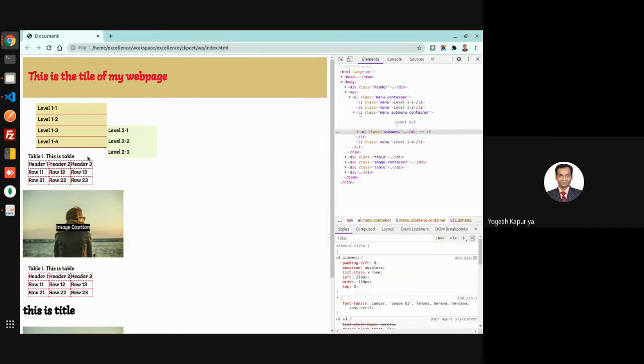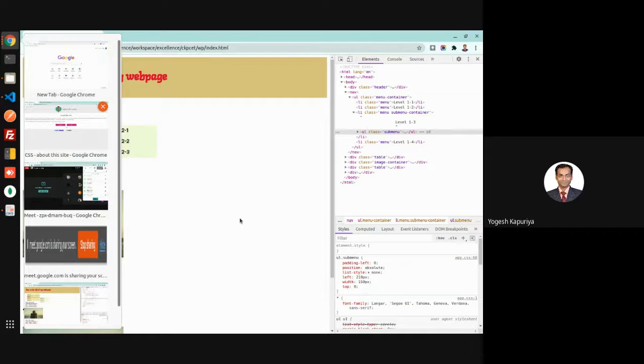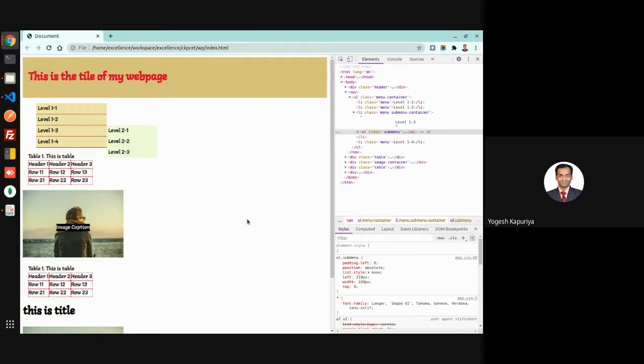It is a very important property when it comes to creating layouts using CSS. We will discuss more on that another time, but this is all about positioning, display, position, and float. These are the three properties which can control or provide a layout to your web page. There are a few others as well. Flexbox is just introduced, and then you have grid, which is also very useful for creating layouts.